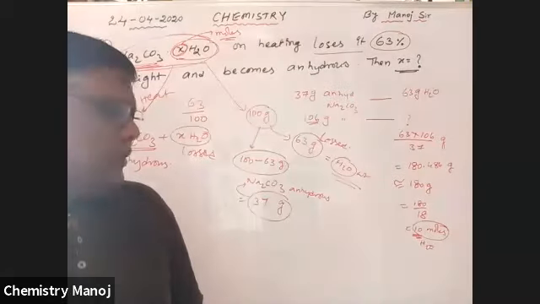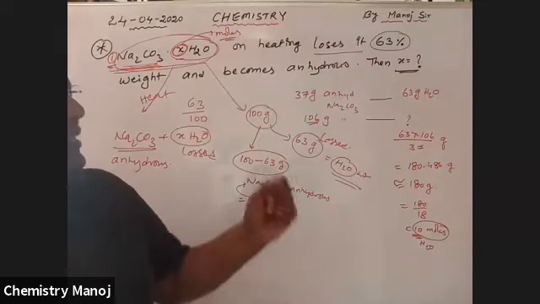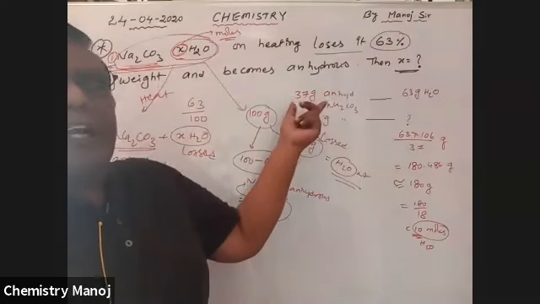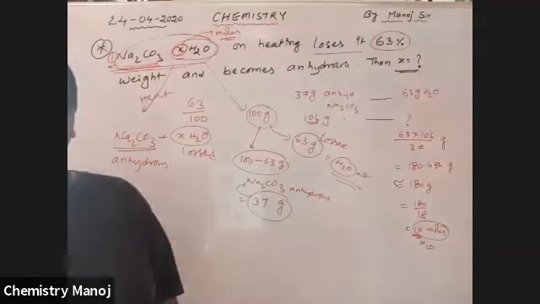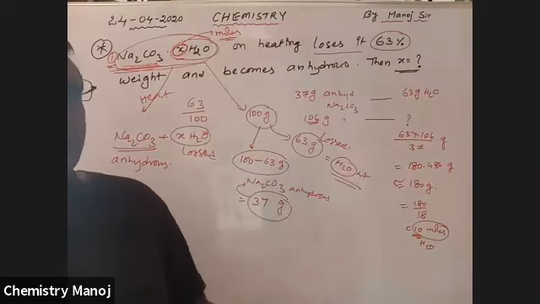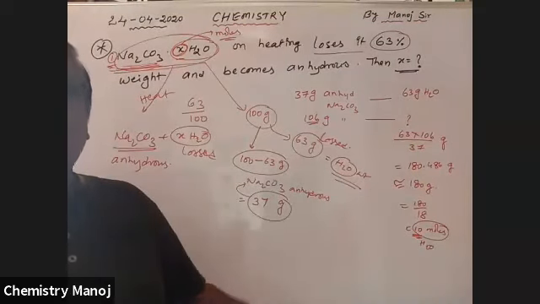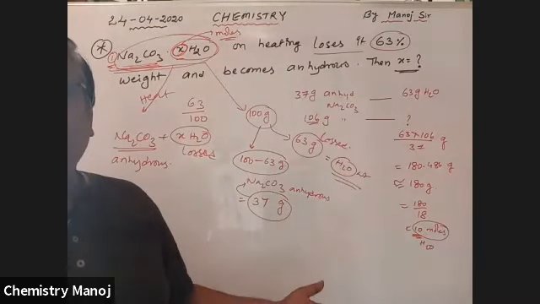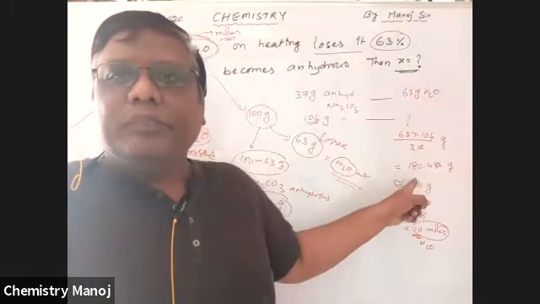Most of the time, sometimes the formula may not be remembered. But this is the simplest way. 63 of 100 is the hydrated part, and 100 minus 63 is the anhydrous part. 106 has how much water? That is converted to molecular weight. So it is the simplest way to calculate it without any formula. Because in chemistry, physics and mathematics you have to learn a number of formulas, and sometimes during exams we automatically forget some formulas. That is why I'm going theoretically here. Okay.